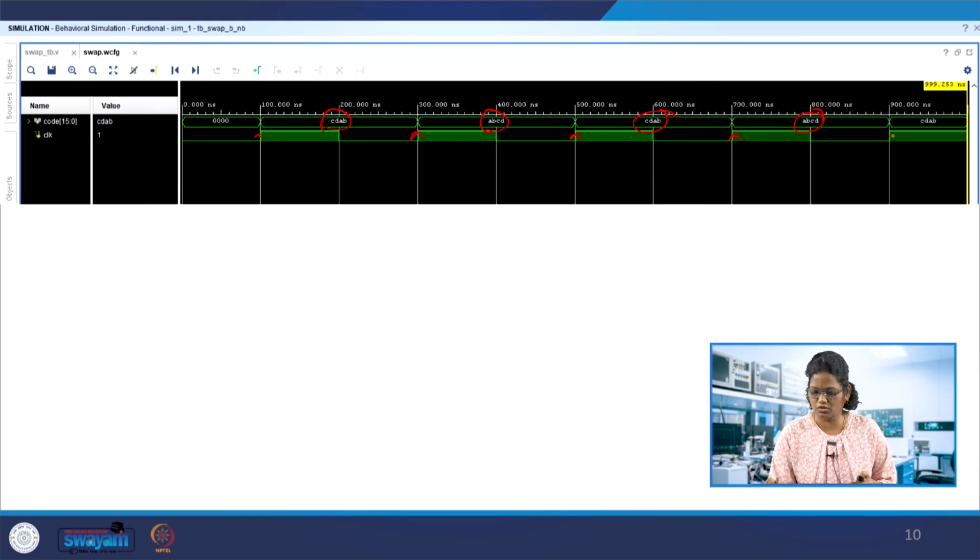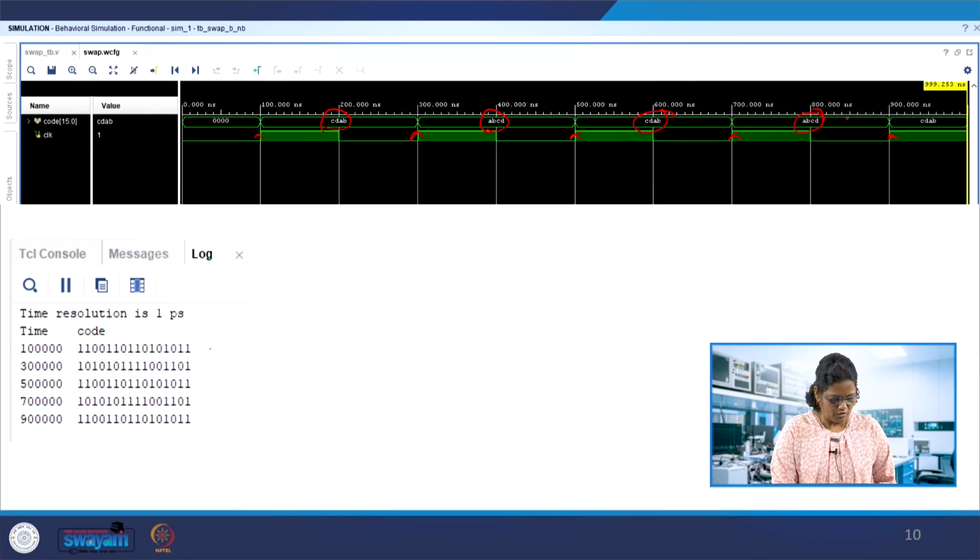We can observe the same thing over the console also. This is the 4 bits, this is AB and then this is CD over here. So CD AB, and next it is changing to ABCD, and so on.